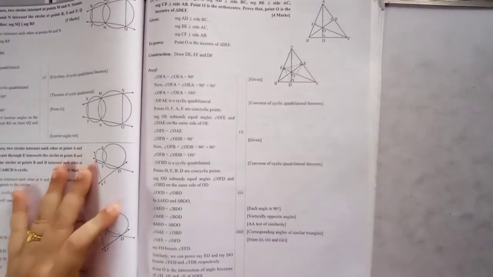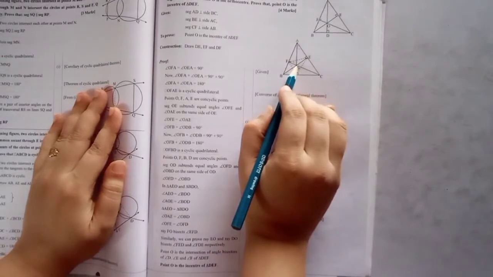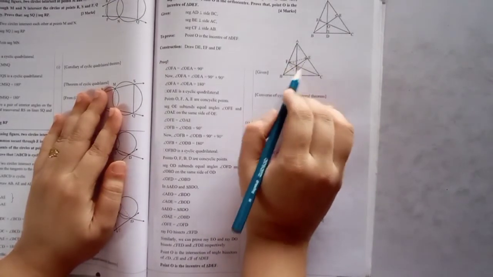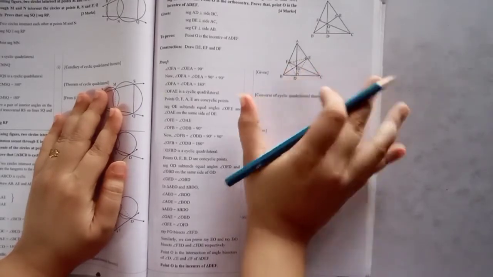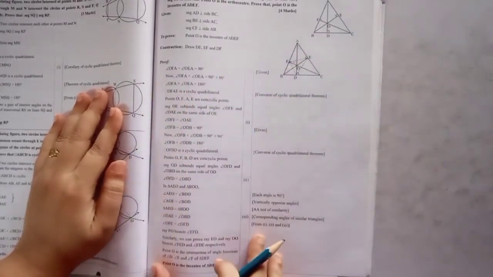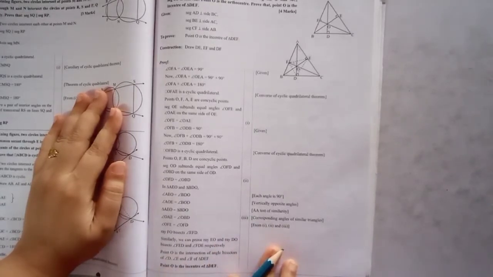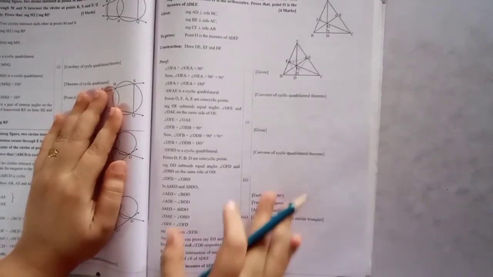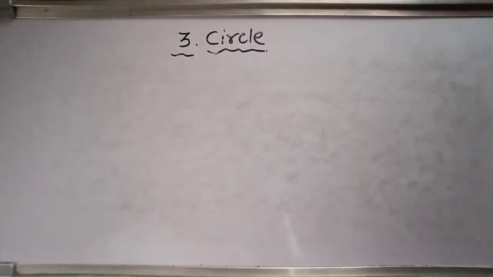Are you getting me, class? By this method we can prove that this intersection of angle bisectors is nothing but the incenter of this triangle. Are you getting me, class? So write this proof properly in your notebook and try to understand it. It is a little bit difficult to write. Okay. So I hope all 3 questions are clear to you. So here chapter 3 of Mathematics 2 is finished.